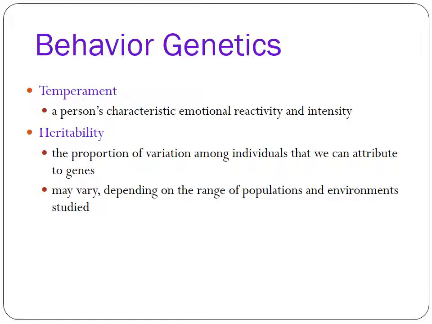Now, another term that you guys should know is heritability. And heritability is not inheritance. We're not going to talk about what you inherited from mom and dad. When we talk about heritability, we're talking about roughly the proportion of a certain genetic trait within a group of people. So it's going to depend on the range of populations and the environment studied. So we're talking about if we look at this one genetic trait in the United States versus Canada, we're looking at ranges of populations, environments where we see certain behaviors pop up or certain genetically attributable responses pop up. That's going to be heritability. It is different than inheritance.